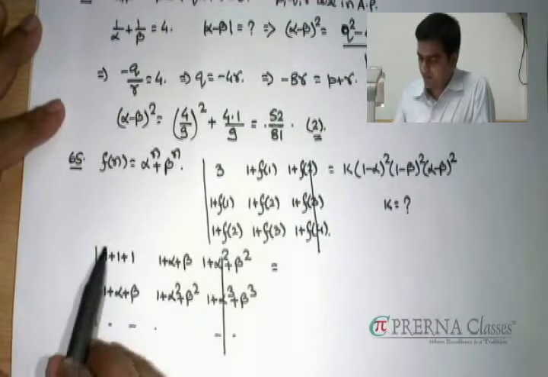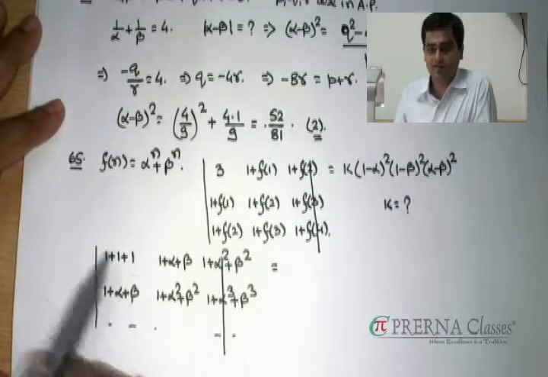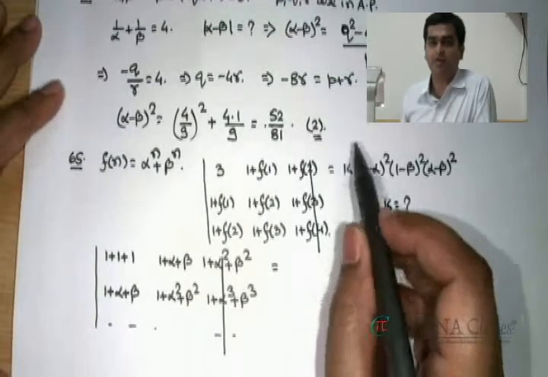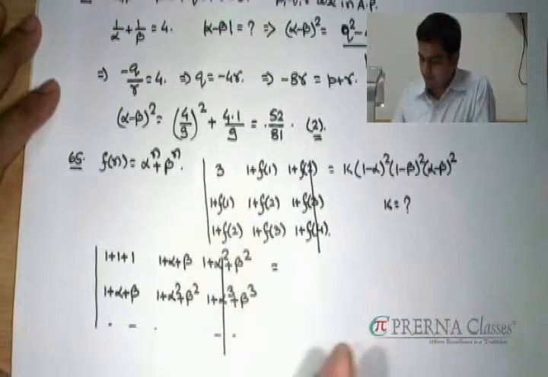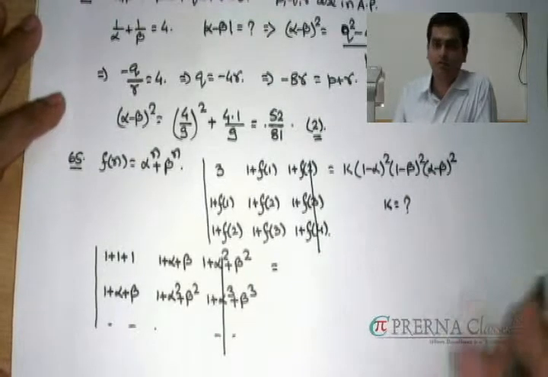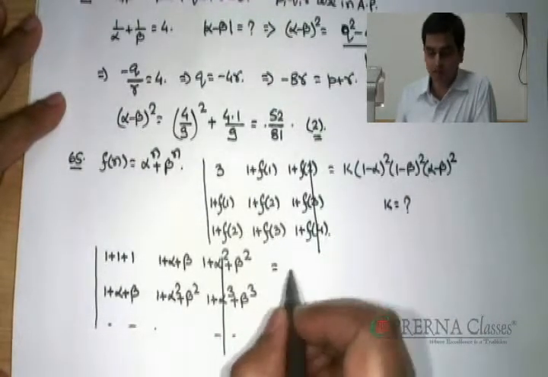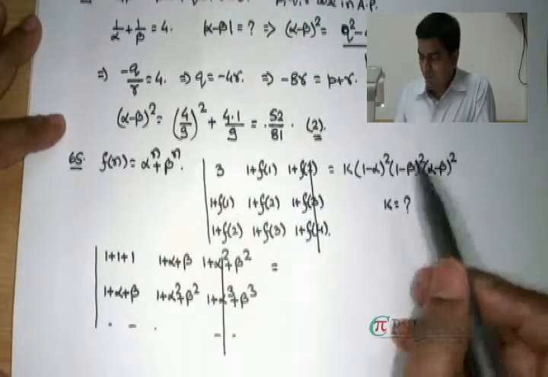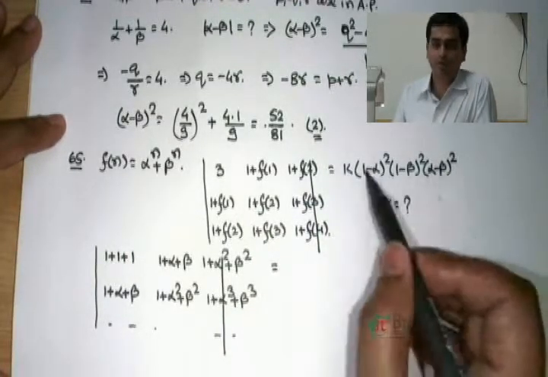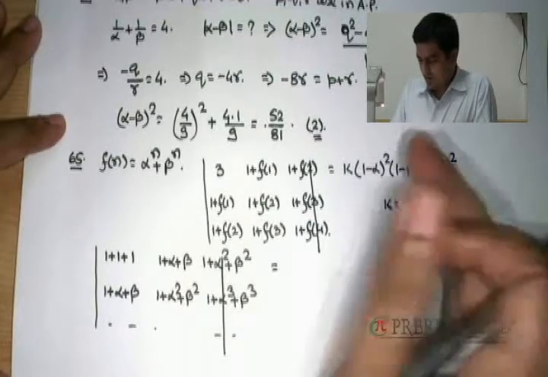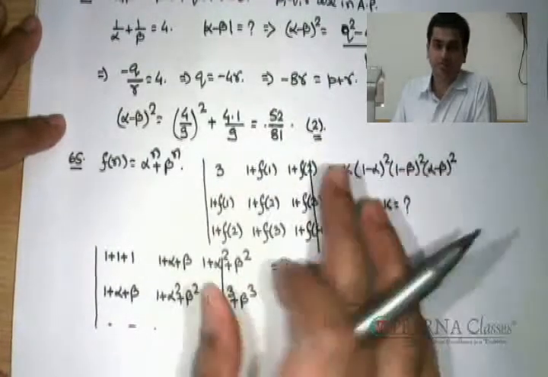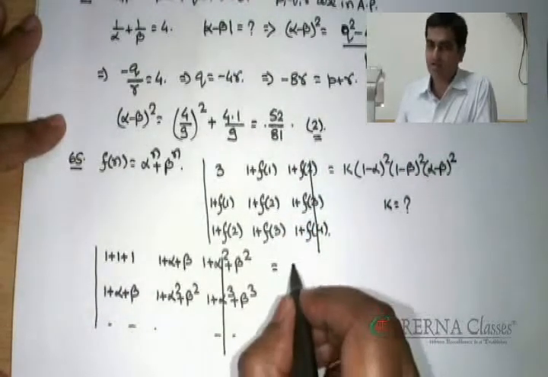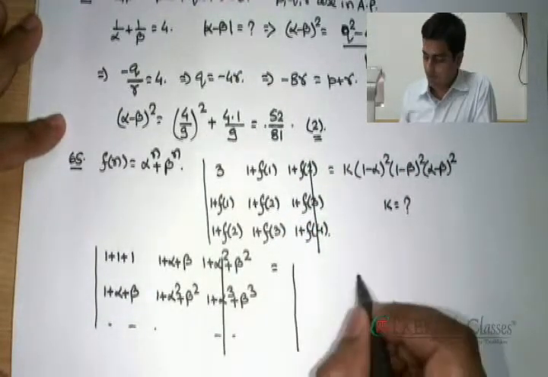you can clearly check as far as the degree of that right side is concerned it is perfectly matching with the degree of the leading diagonal quantity product. Hence this k should not involve any alpha or beta, so 2 options are directly getting eliminated. It's going to be a constant, and for that case one way is that you choose suitable values of alpha, beta such that none of these brackets are 0, and you substitute those values on both the sides, it's going to be an identity, expand it, you will end up getting the value of k.